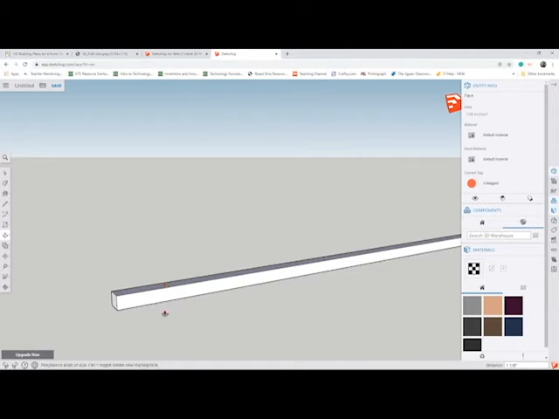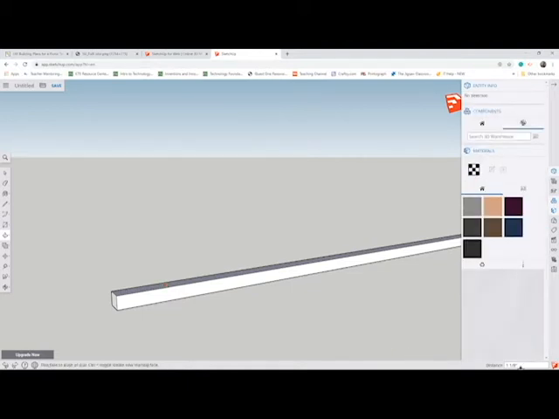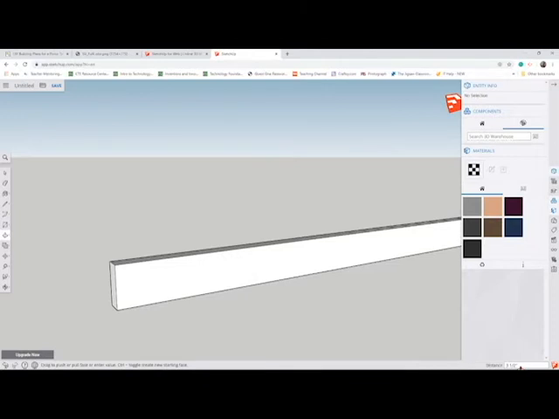So even if I set it at 1 1/8 inch, which is where it's at now, if I just start typing 3.5 inches, press enter, then it automatically adjusts it for me. Again, you can't do that until you're back to the square where you first started drawing it. So